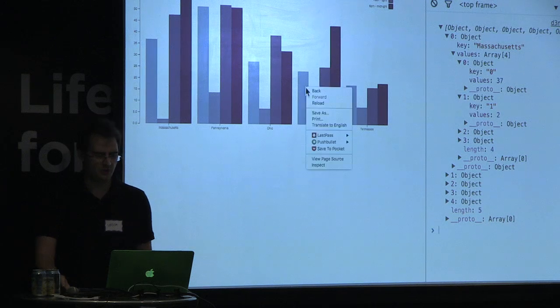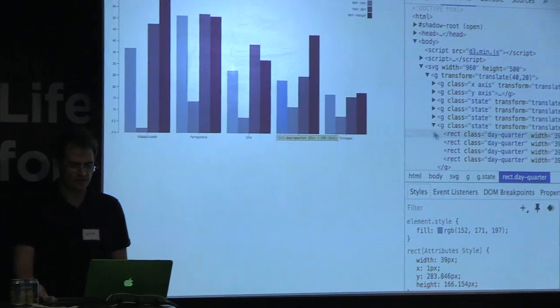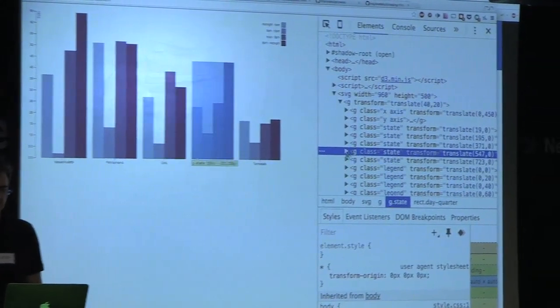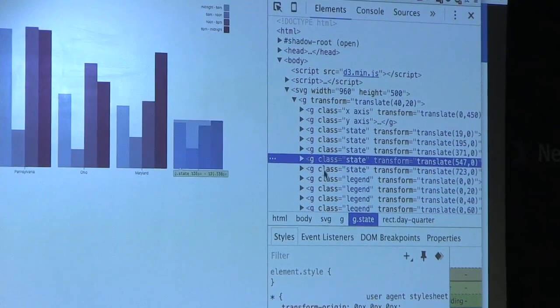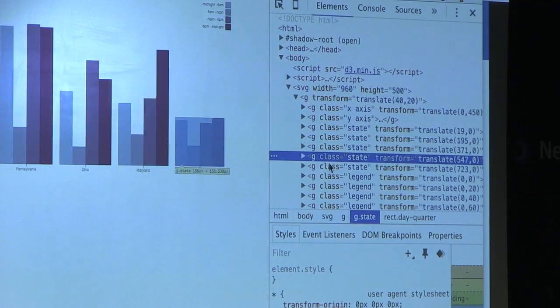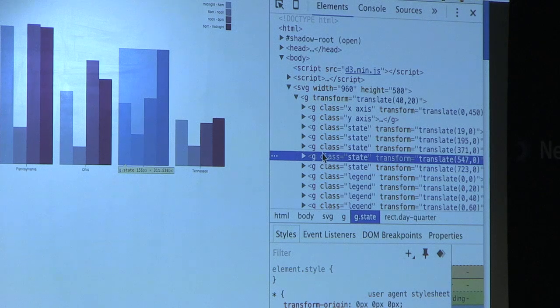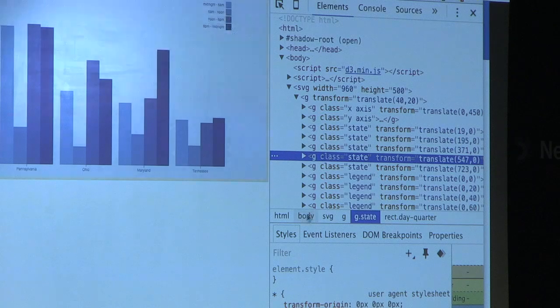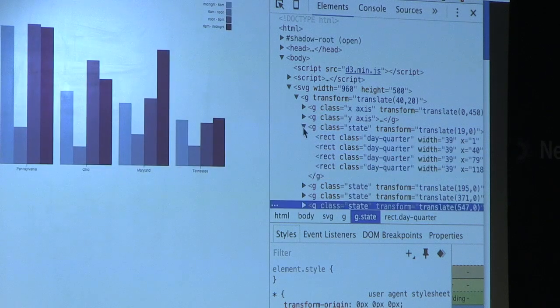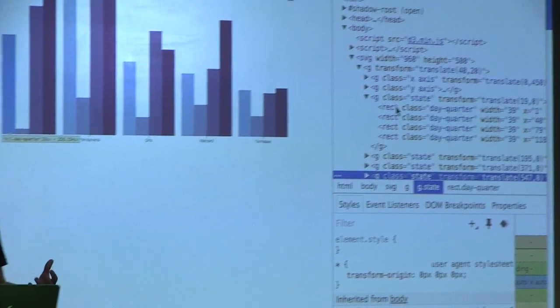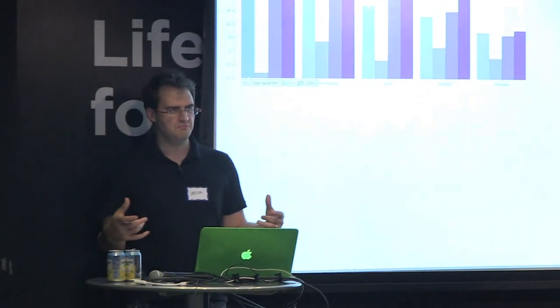So if we go here and inspect element, we see that the structure of this visualization is just like I said, it's nested. You have state, state, state, state, state, 5 groups that each represent a state, and each is bound to that state's data of 4 things. Then within each one of them, you have bar, bar, bar, bar, 4 bars, 1 for each thing. And you could imagine continuing this process indefinitely. In fact, if you wonder how common nested visualizations are, any visualization can become nested if you repeat it multiple times.